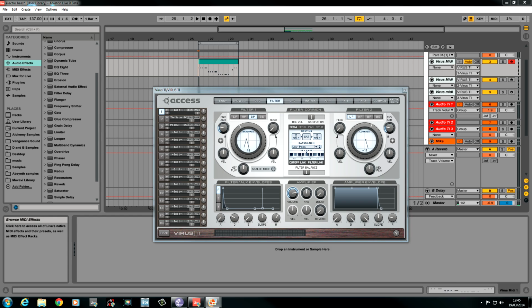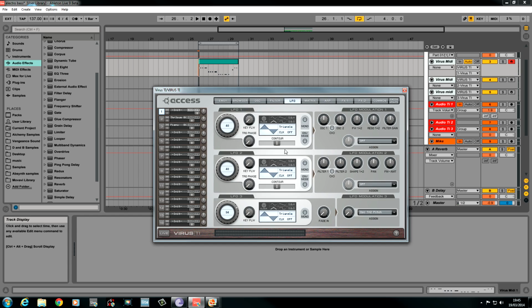Okay, now on to the LFO section. I only use one LFO for this, and it's LFO 1. So check the link between oscillator 1 and 2 for the pitch, I pull this down slightly to about 11:30, click it to mono, change it to sine wave, set the clock to 4/1,